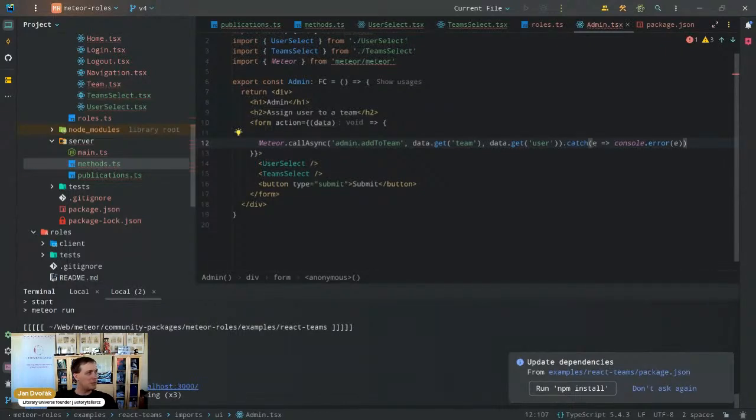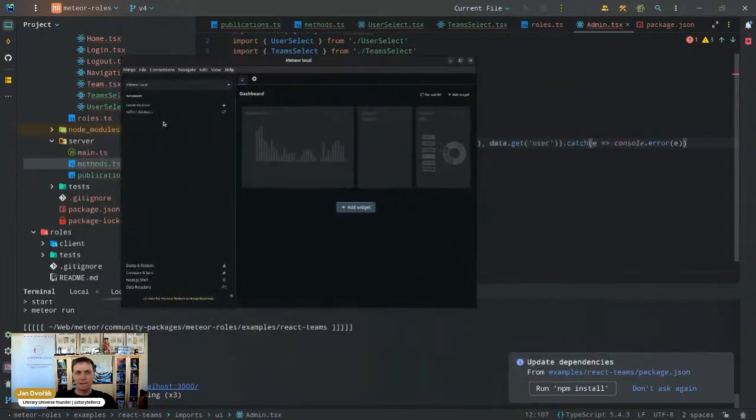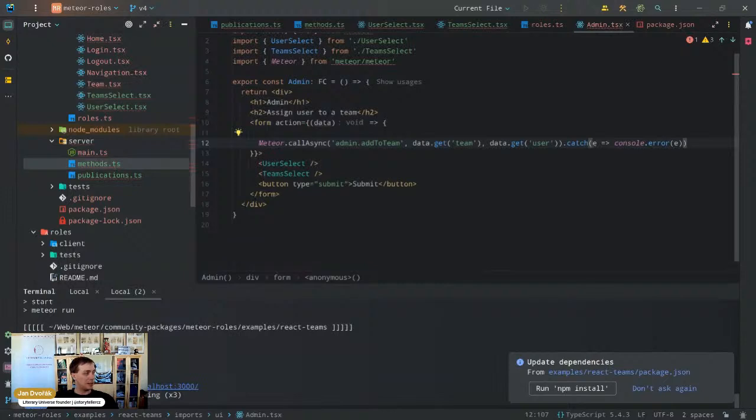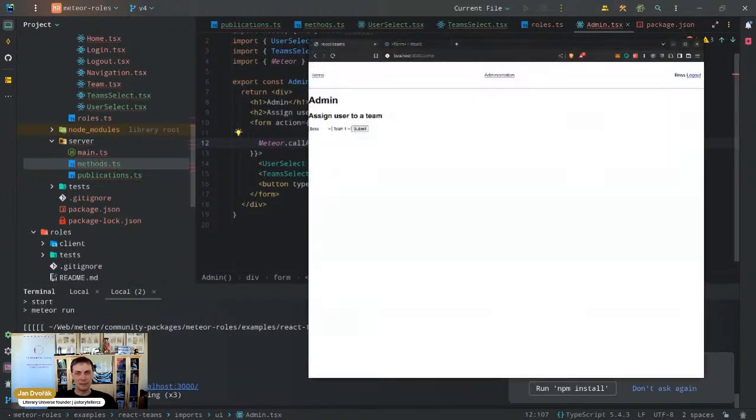Let's go to Mongo, yes, it's a local one. There we go. And here we have the role assignments, we have the admin, and now that everything is connected, as soon as I decide that I want to add user link to team 1,